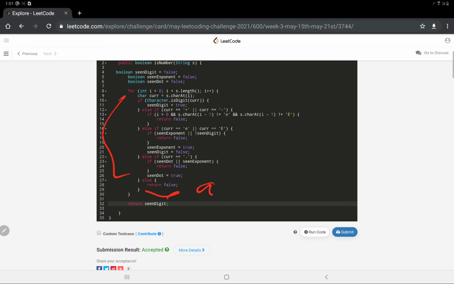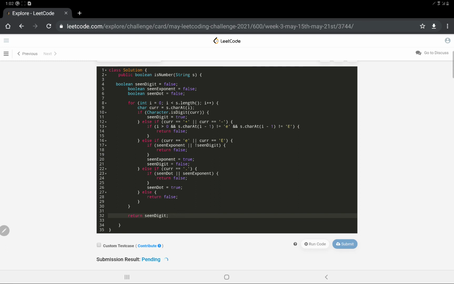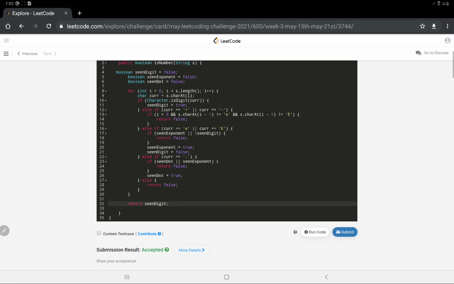After these criteria the loop will run, and at the end we will return the digit flag value, because if the numbers keep coming, then it's going to be true only. I hope the code conditions are clear, not the code, because the code is nothing but the conditions that we have placed in it. And if all the conditions are right, then you can see it's accepted. Once again we'll try to submit it and see what happens. Yeah, it's accepted. So I hope the question is clear and the code as well.